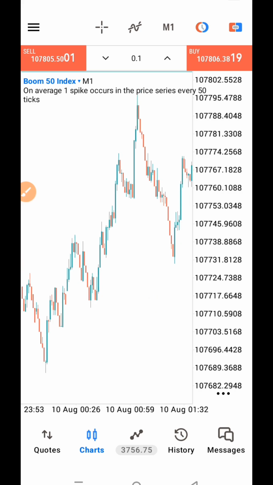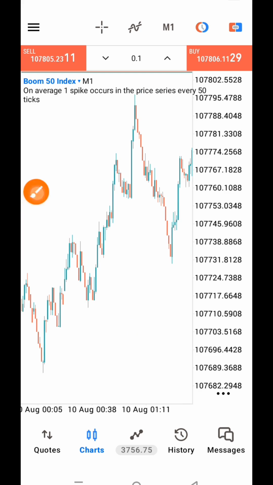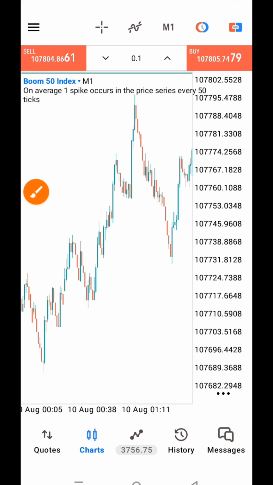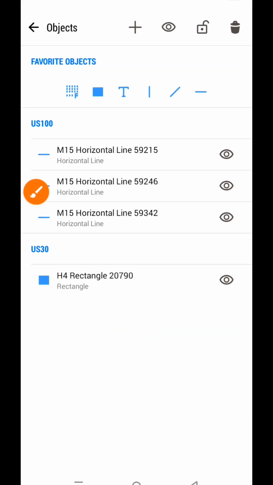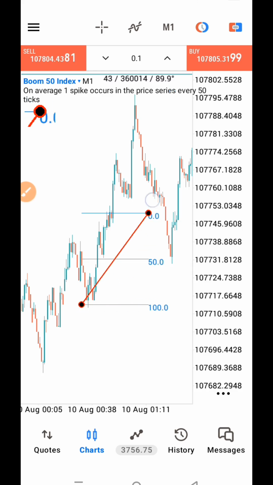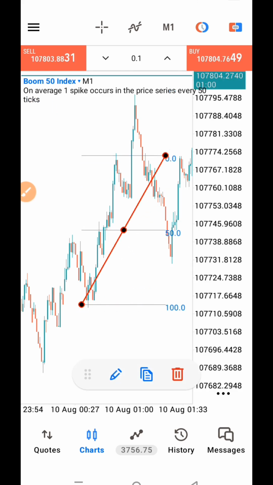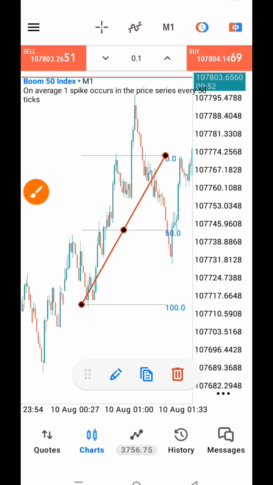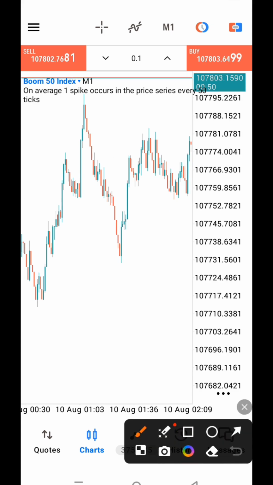So let's bring out... you can see this is a clear structure. You can see the market is creating higher low, higher low. Then it forms a liquidity at this level. So if we bring out our Fibonacci tool and place it here and here, you will see that here is the liquidity sweep and it's below the 50 level. You understand? So you will enter your buy at the close of this candle, then your stop loss here. Target anywhere you like.